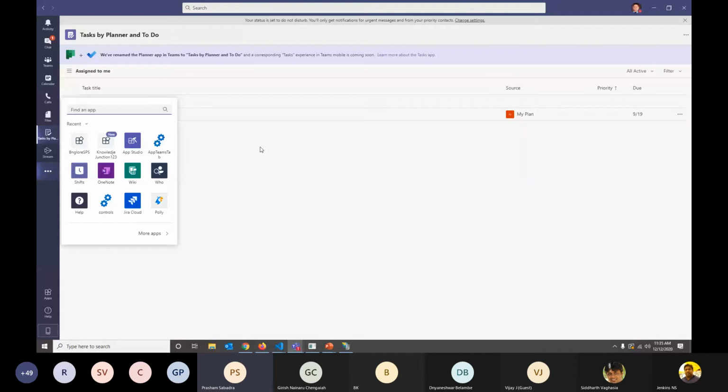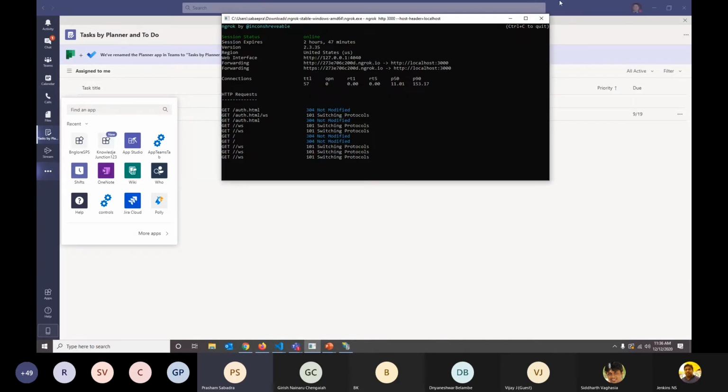Now, what is ngrok? ngrok is a tool which allows us to have our pages live, so that they can be accessed here in Teams. It creates a tunnel, and if you notice, my pages are hosted on HTTP localhost port 3000.